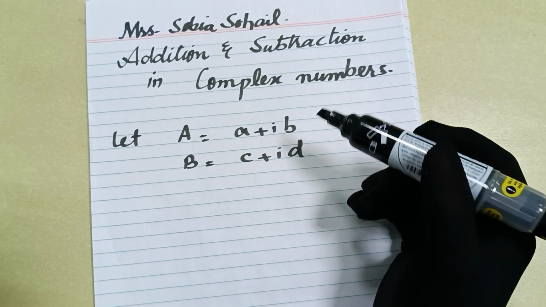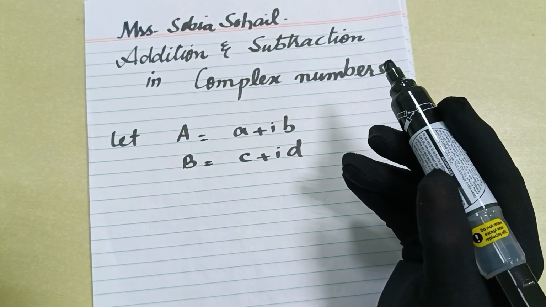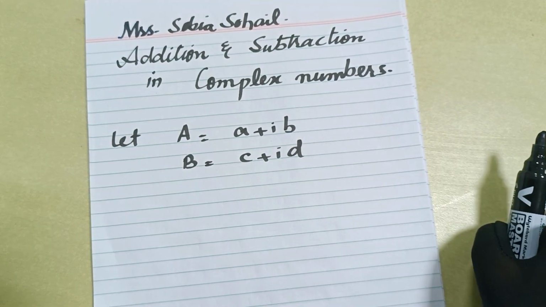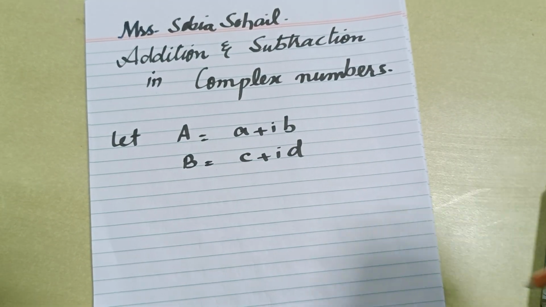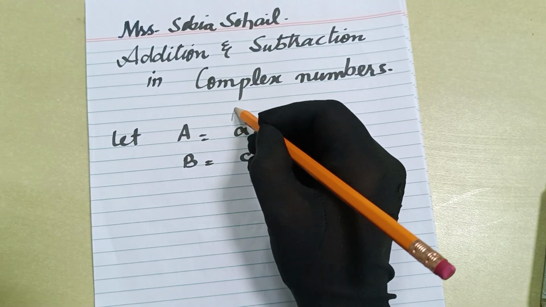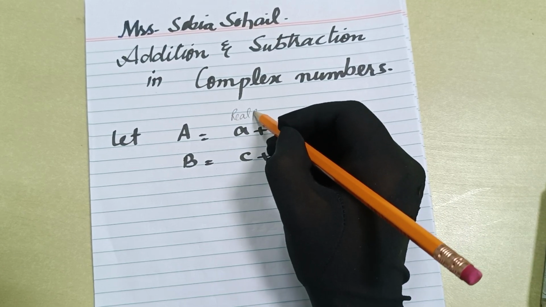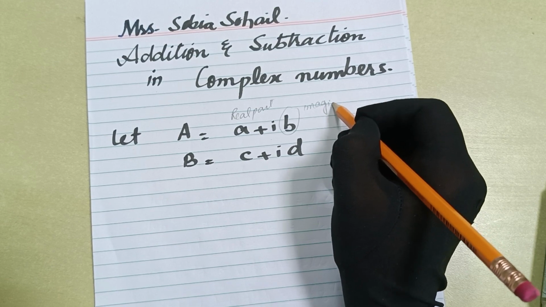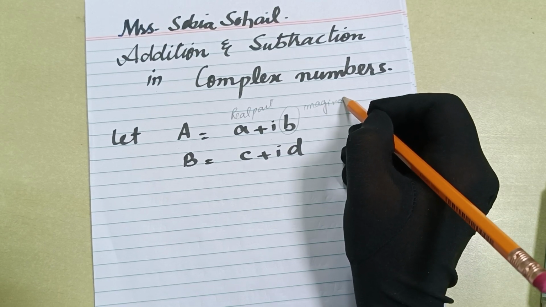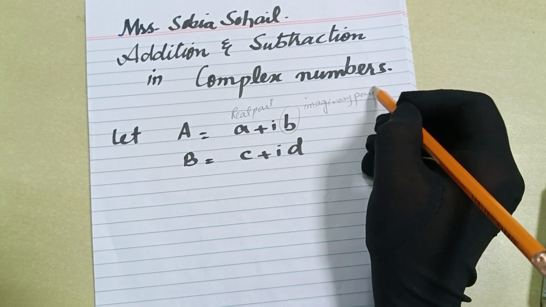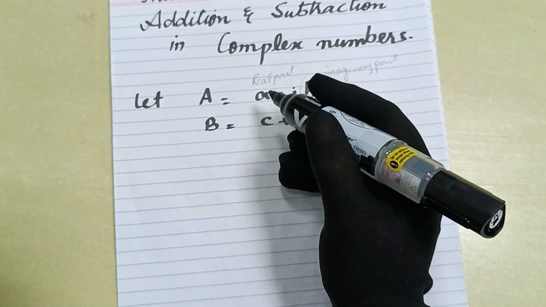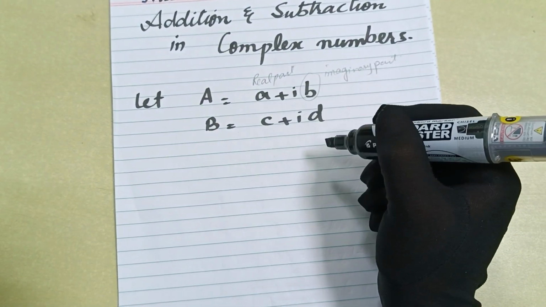In this video, I will try to explain addition and subtraction in complex numbers. In a complex number, we already know that there are two parts. This is called the real part, and this is called the imaginary part. So when we are adding or subtracting, we can add real part to real part and imaginary part to